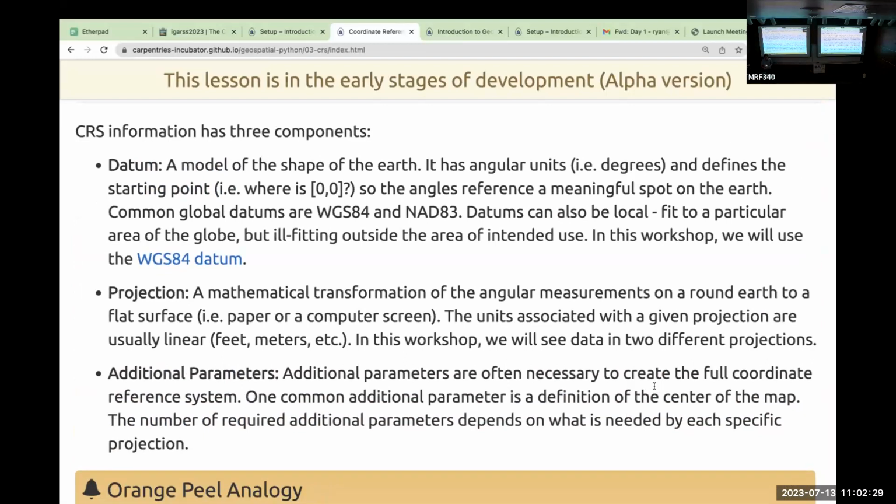every CRS is going to include some components, like the datum, which models the shape of the Earth. There are different datums out there that model the Earth differently. The Earth is not a perfect sphere. It's also not a perfect ellipsoid. It's lumpy. So you have to have a datum with ground control points placed on the Earth that are very accurately geolocated to build this model of the Earth. And the most popular datum that I tend to see out there is